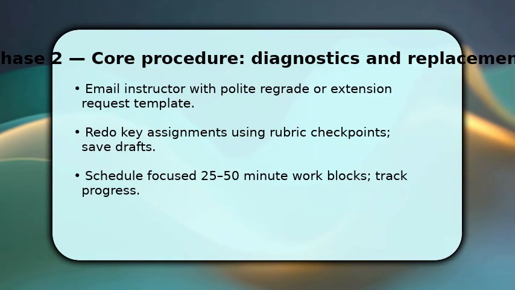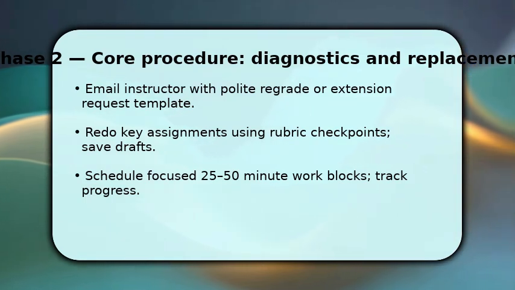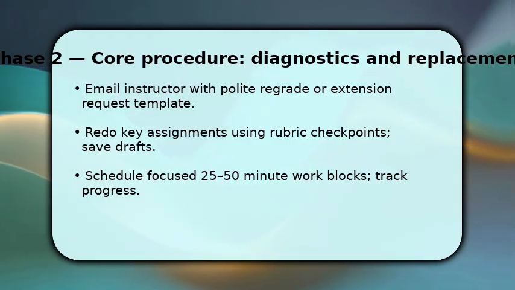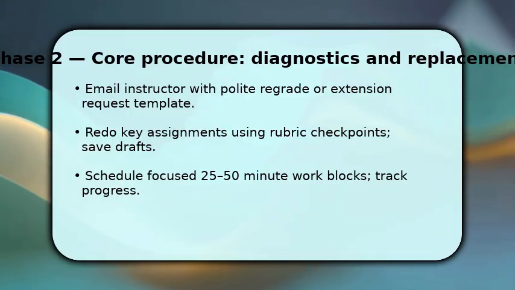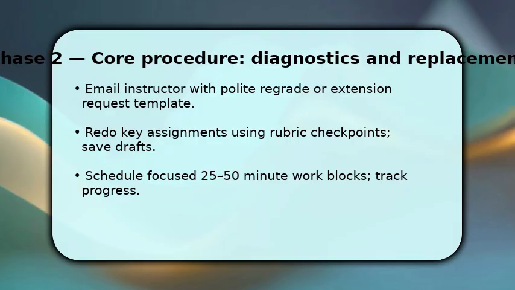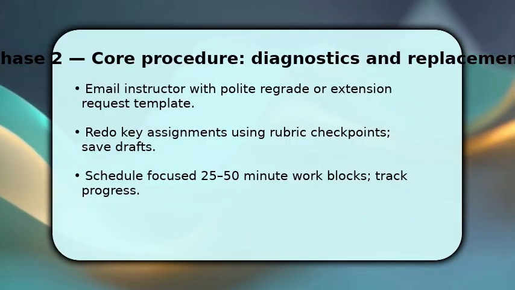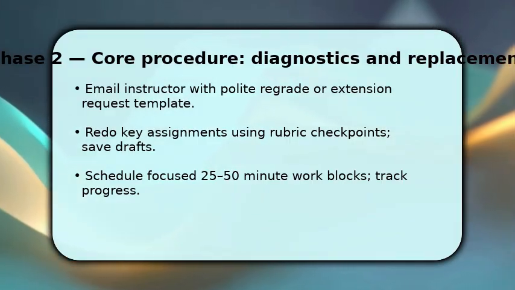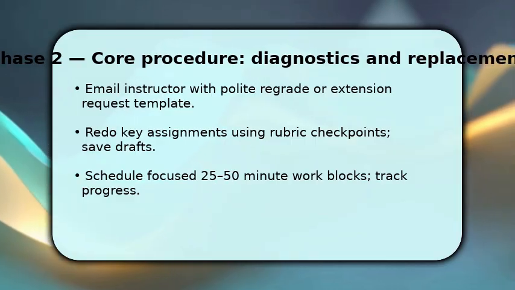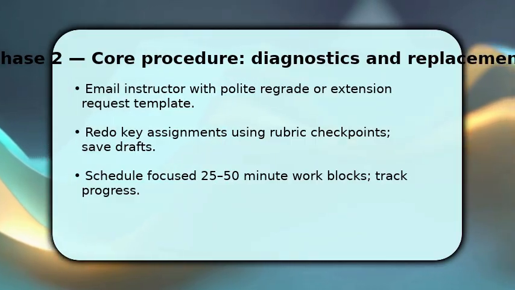You now act. Prepare a concise, respectful email to request regrades or extensions and attach clarified questions. Be specific. While waiting, redo the highest value assignments using each rubric criterion as a checklist. Save drafts and timestamps. Once done, use focused work blocks of 25 to 50 minutes, eliminating distractions and logging completed